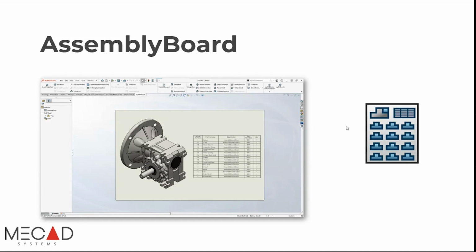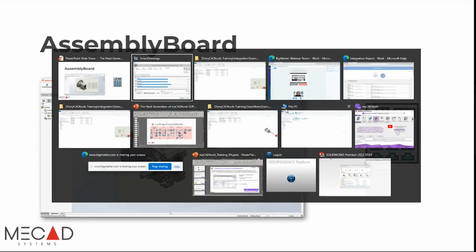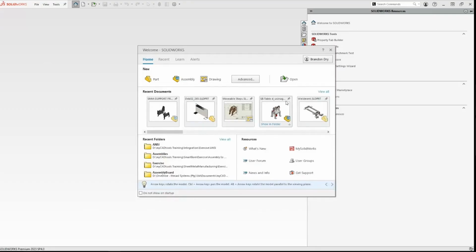With the assembly board, you can generate a drawing as well of an assembly that you are using, but it can all be referenced by the BOM. So on one sheet, you could add, let's say, an isometric view of every single item listed on your BOM. And underneath each view, you can list the properties listed in the BOM as well, and it will automatically sort them out for you. So to showcase that, I'm going to open up